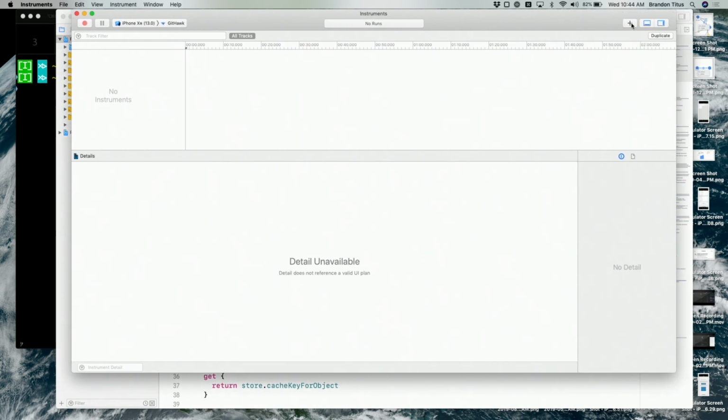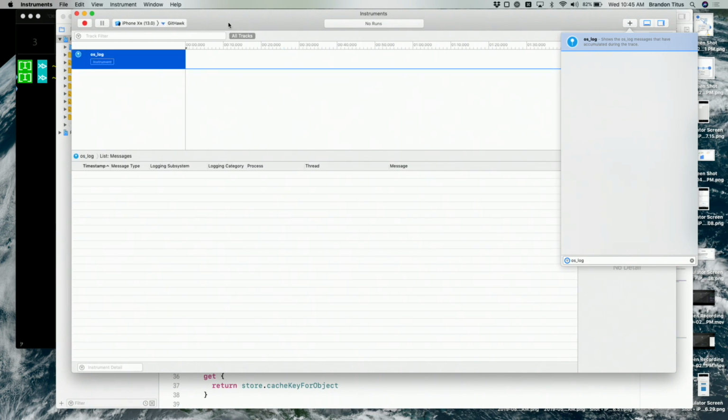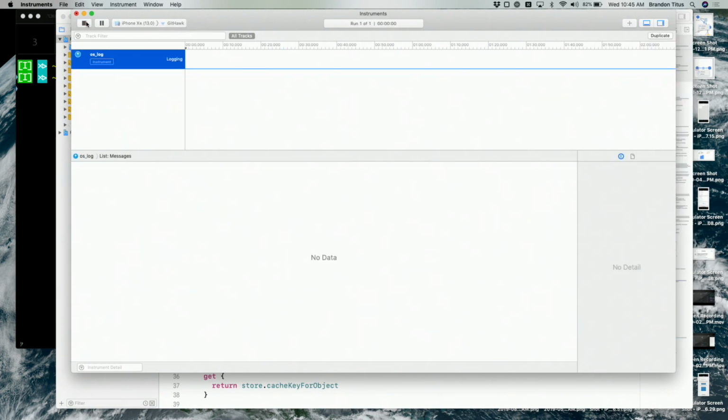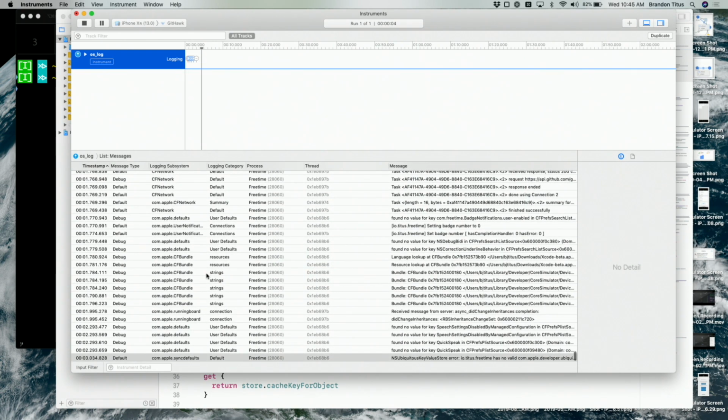So if we go and add an instrument, and we add the OS log instrument, it will just start outputting all of the console logs. And we have a lot. There's CF networking, CF bundle, and user defaults, and a bunch of other things. And the ones that jump out at me